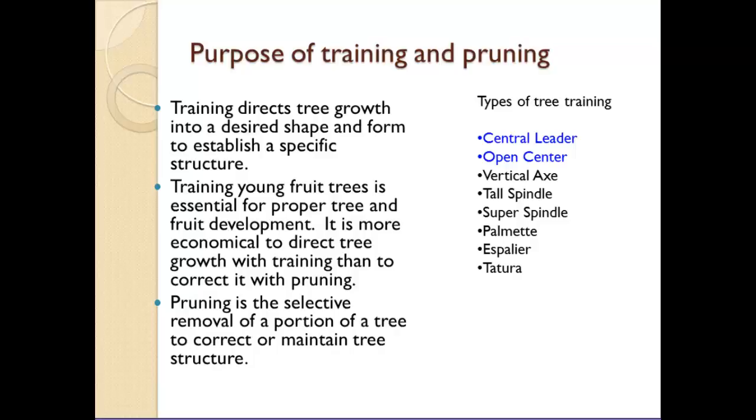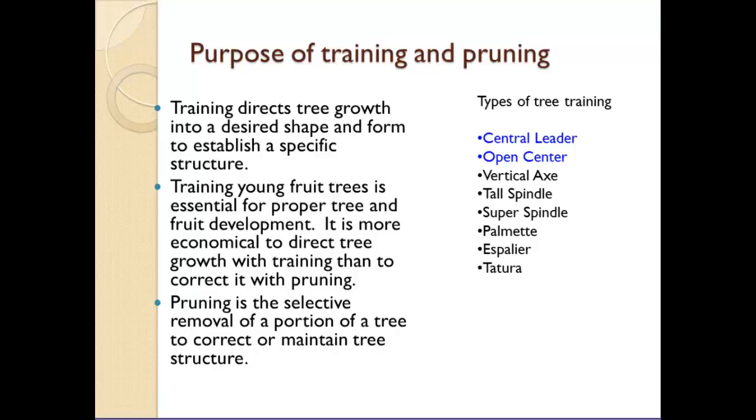but there's also some training that goes on. And this is where you're directing tree growth into the shape that you want. And as I mentioned, some trees have a tendency to grow very upright, have very narrow crotch angles. And one of the problems with all trees that have narrow crotch angles is as the tree grows, those crotch angles grow together and it causes some breakage on there. So you're really looking at training to make nice flat branch angles, and we're going to focus today on just